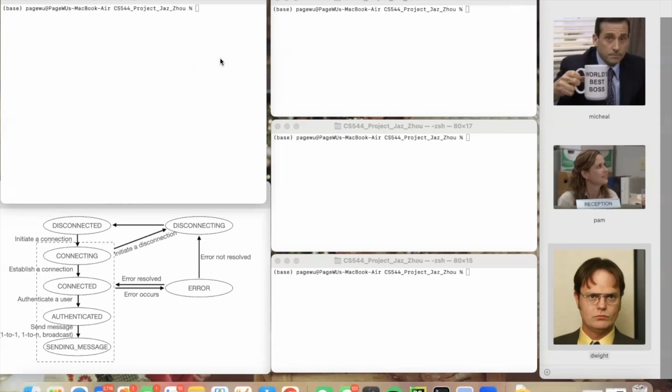This project implements a stateful chat protocol. It features both client and server components. The server can handle multiple clients concurrently and includes functionalities such as login authentication, one-to-one messaging, one-to-many messaging, and broadcasting